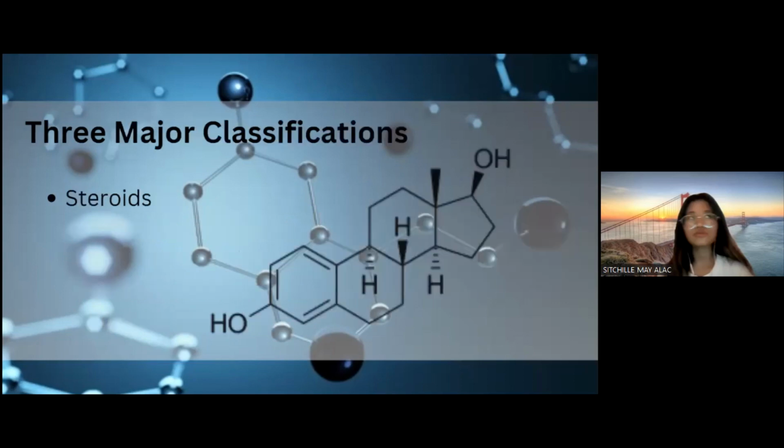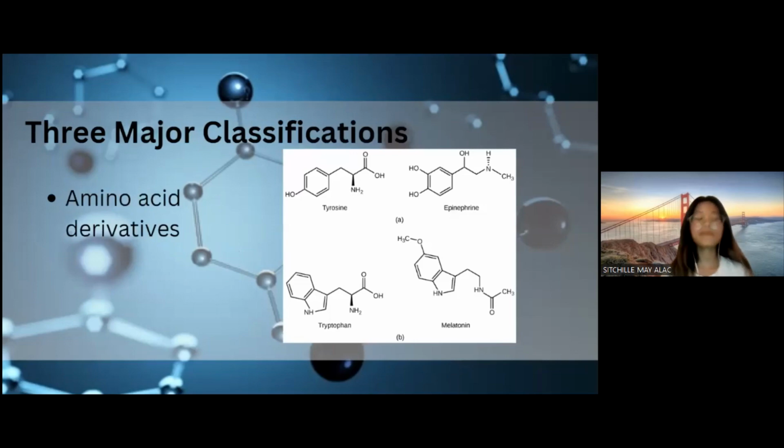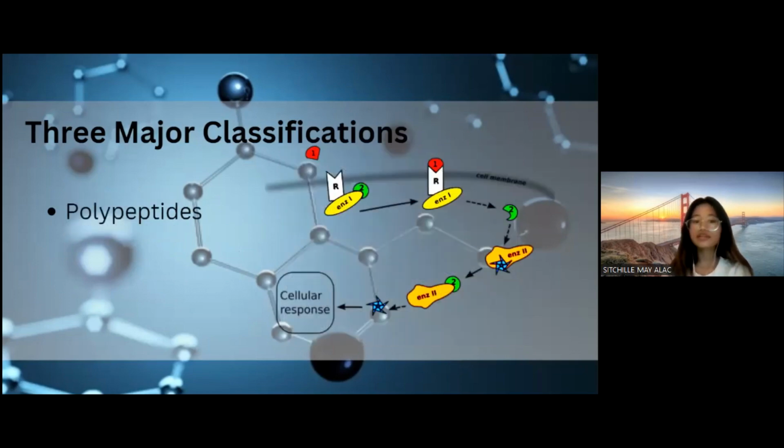Hormones can also be classified by the type of molecule thereof. The first one is the steroids of cholesterol. We will be tackling these steroid hormones later on. The second one is the amino acid derivatives. Several hormones and neurotransmitters are derived from amino acids. The third one is the polypeptides. Many hormones are chains of amino acids. There are different kinds of hormones or polypeptide hormones. So, gets na ba? Let's proceed to